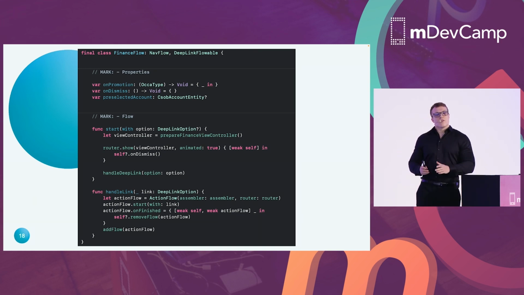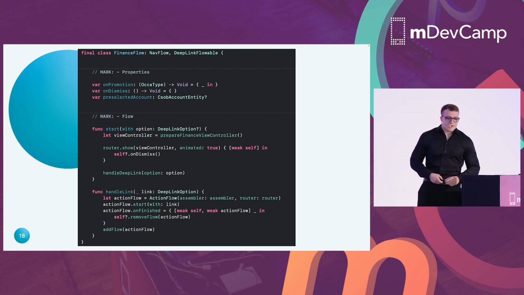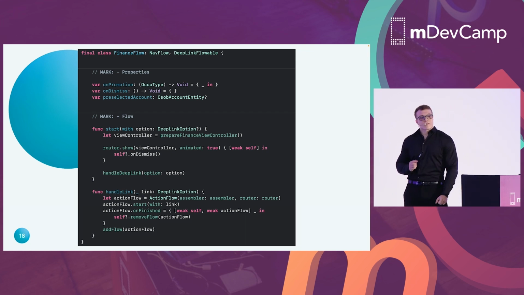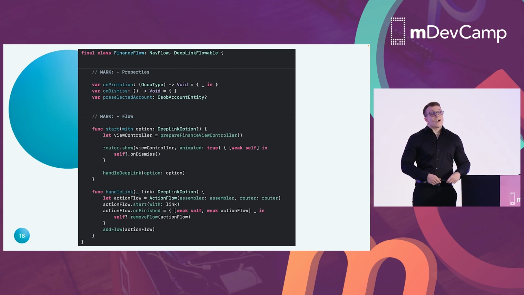And every flow has a start method. It can start with or without deep link. And it has to do these things. Prepare the view controller. Of course, load the necessary dependencies from assembler and prepare other stuff, and then return the view controller. Then use your router to show that view controller, and then handle deep link